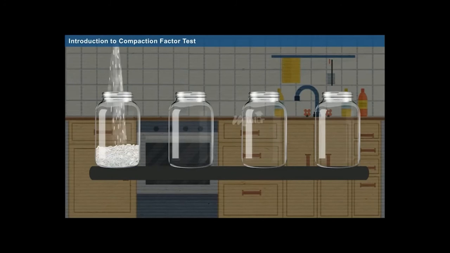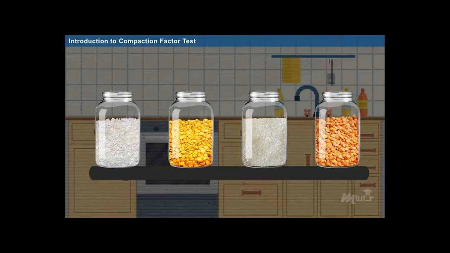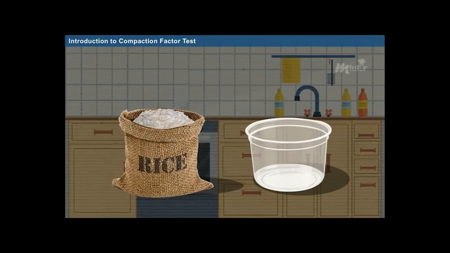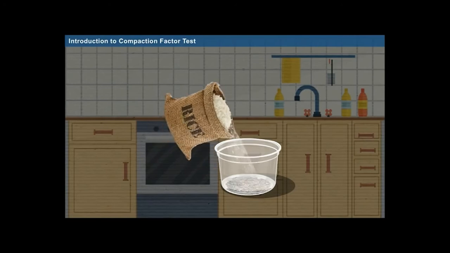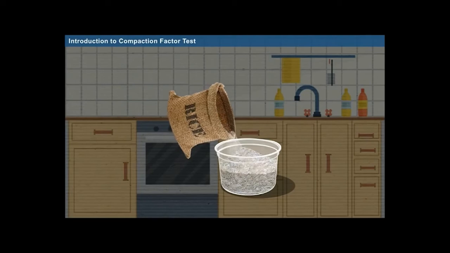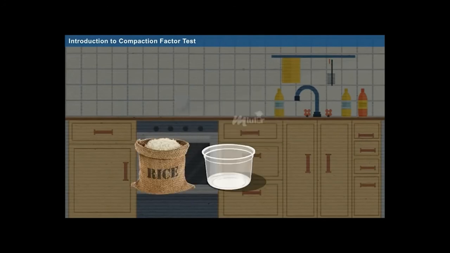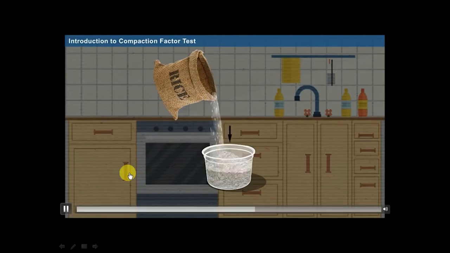We all would have performed this activity at our home, that is, filling up a container. Assume that you are trying to transfer grains from a rice bag to a container. You lift the bag and place it close to the mouth of the container and allow the rice to fall into the container. After filling 3 by 4 of the container, you will try to compact the filled rice by shaking the container, won't you? In the same situation, what if the rice is poured into the container from a particular height? While falling from a certain height, the grains get compacted internally due to the gravitational force applied.